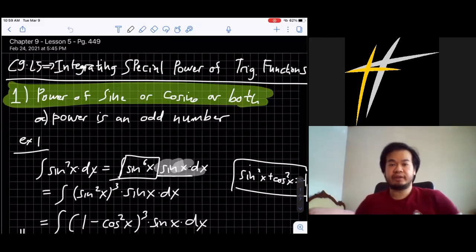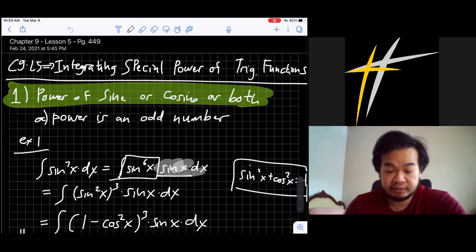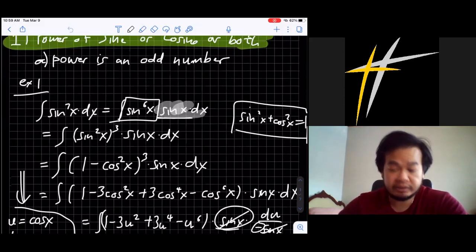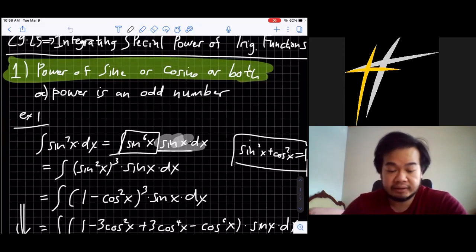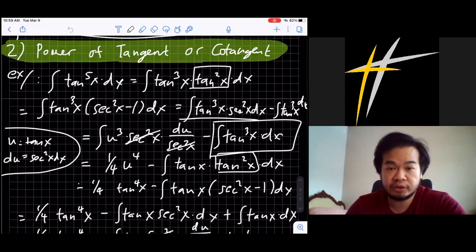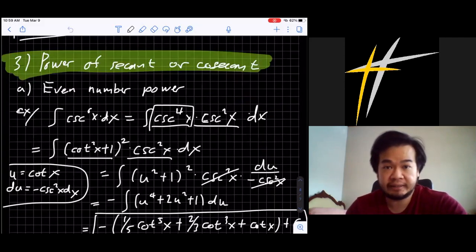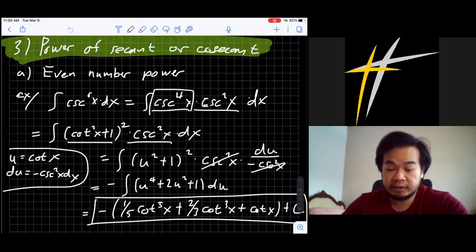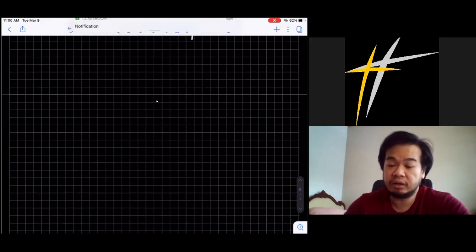Okay, good morning everyone. So this is the last lesson for chapter 9, lesson 5, integrating special power of trigonometric functions. I have covered three points, which are the power of sine or cosine, the power of tangent or cotangent, and also the power of secant and cosecant. So for today, I'm going to teach you how to integrate